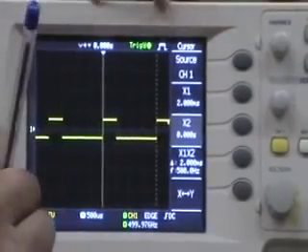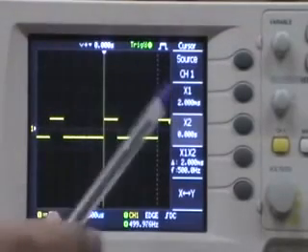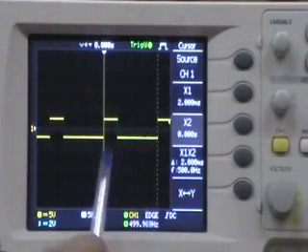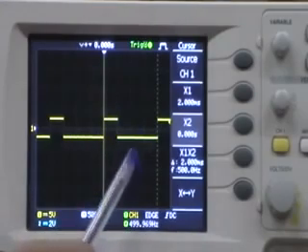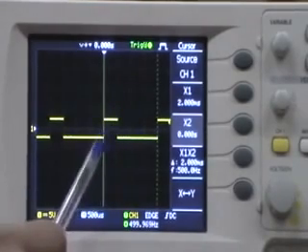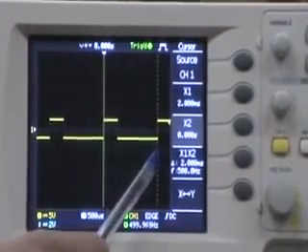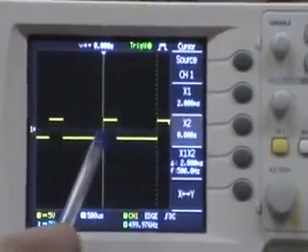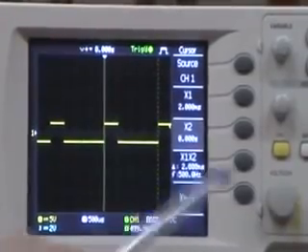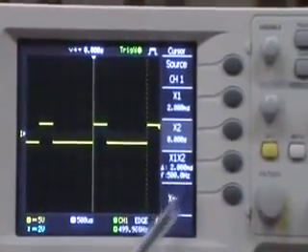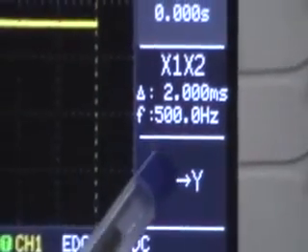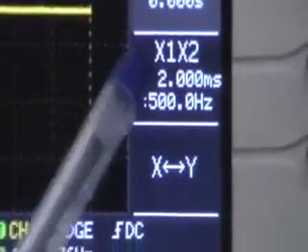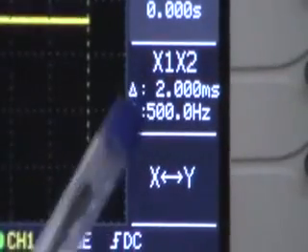Now since we have shifted both the vertical lines corresponding to one time period, we can observe that the time period will be given by the difference of these two vertical lines, and as we can see it is being displayed to be 2 milliseconds, since we are providing a wave of 500 Hz.